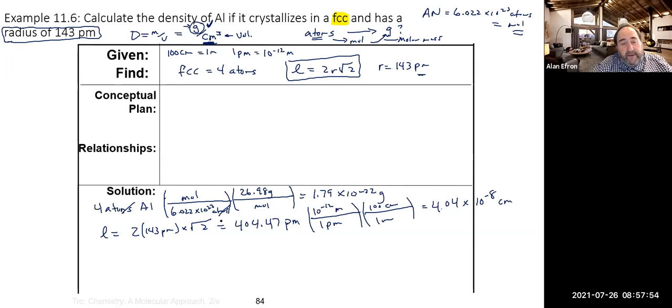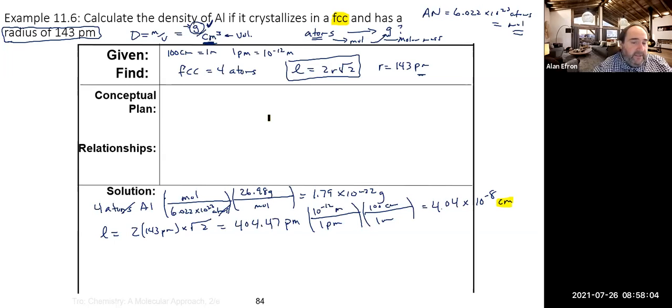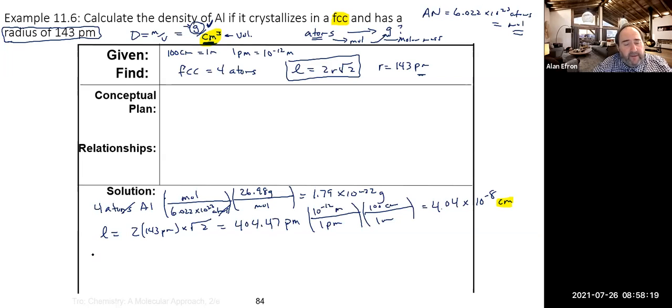Now, also a very common mistake and something you should keep in mind is that at this point we are in centimeters, which is not a volume. Remember that a volume is cubic centimeters. So here we're still in the length, really, which is what the L stands for. So this is where the other thing that we talked about just a second ago is important, which is the volume of a cube is equal to length cubed. So the volume is equal to length cubed, and that equals